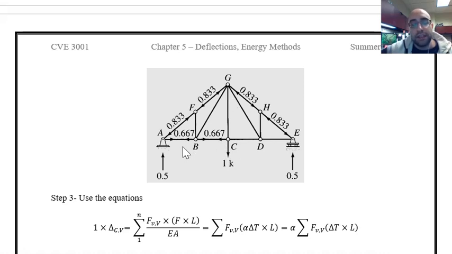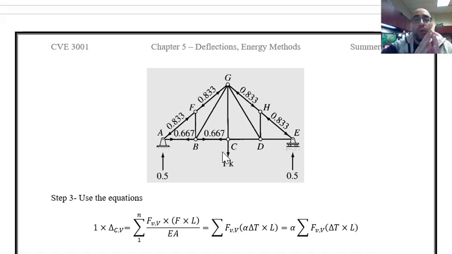As you can see, I listed the forces that I could find based on the analysis only for the members that are experiencing the temperature change. Of course, the other members are also experiencing some force because of this unit load, but the thing is that based on the equation that we have for virtual work